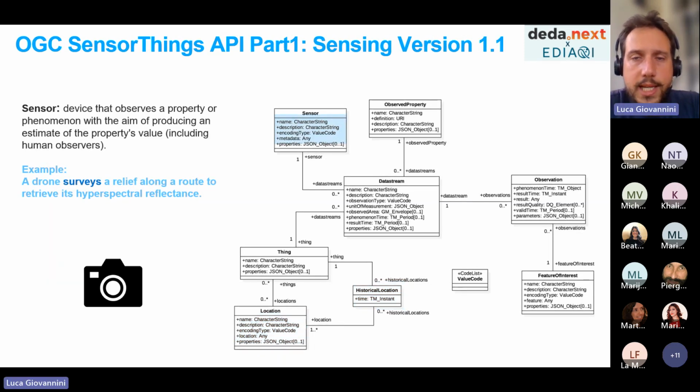Then finally, of course, you have an entity describing the sensor that does the measurement.